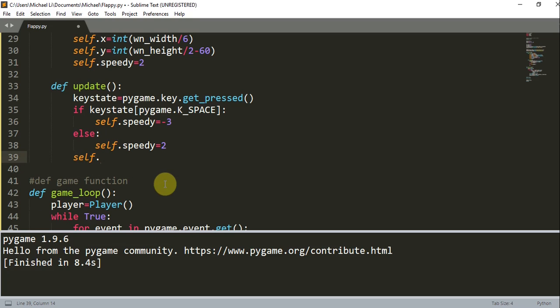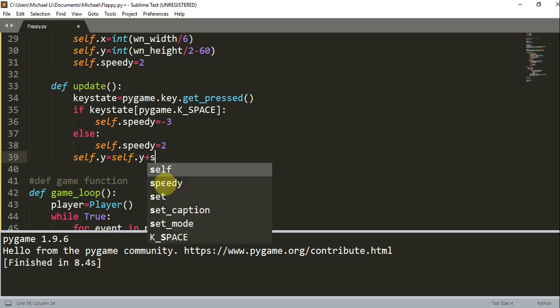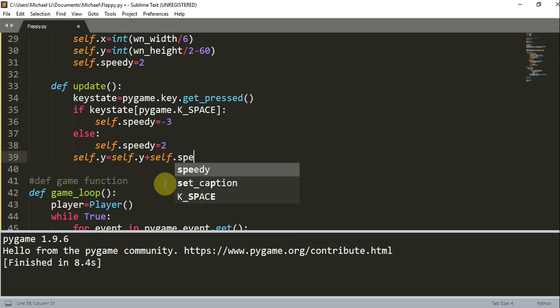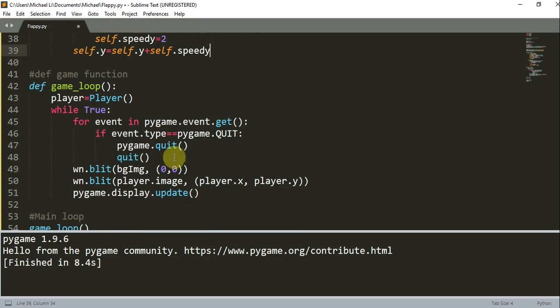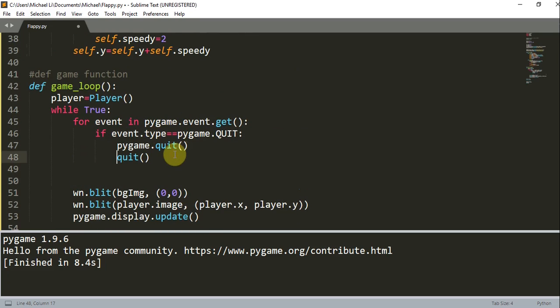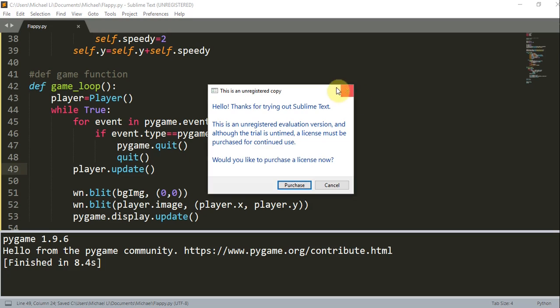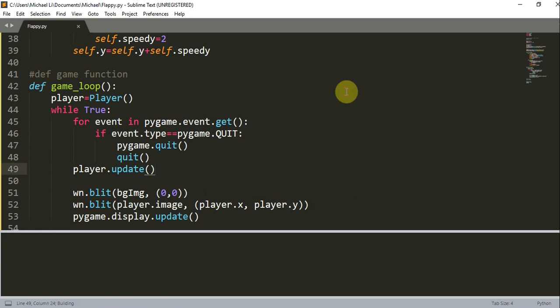And we can actually change the y value. So self.y is equal to the previous self.y value plus self.speed y. And now in our game loop, right above where we blit our player and background image, let's call the update function. So player.update. So if we save this and run what we have,